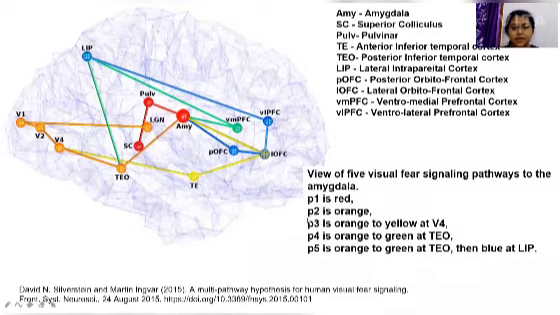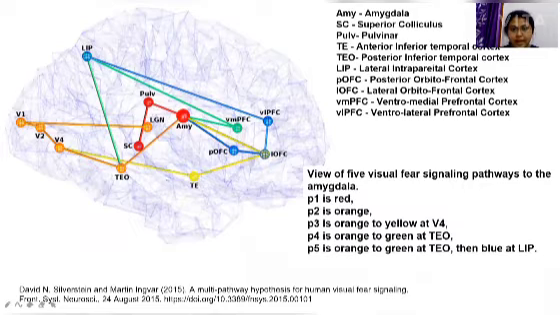Here other things are also important: the dorsal stream and the ventral stream, which we have already discussed. Now there is a multiple pathway hypothesis for human visual fear signaling. In this paper they say that there may be five pathways that help in fear signaling. The first pathway, P1, is the low road that I discussed earlier, and the other pathway, P2, is from the lateral geniculate body to the amygdala via V1, V2, V4 and